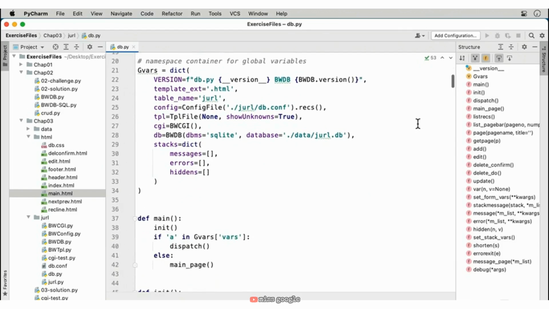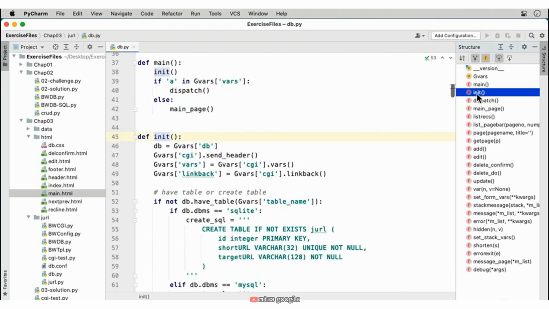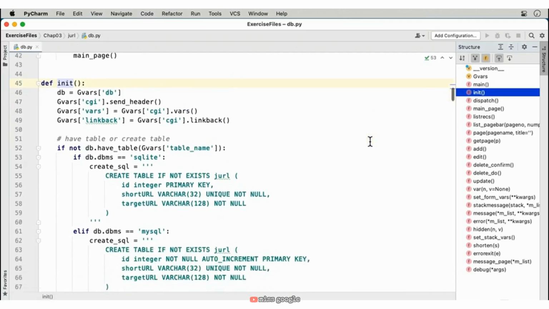Here in the Python code, I've got a dictionary that I use for all of my global variables. A dictionary is basically just a name value database that is kept in memory. And this makes it really easy to keep track of a few values that are shared amongst the entire scope of the file. I've opened up this structure over here on the right, and here I've got an init function